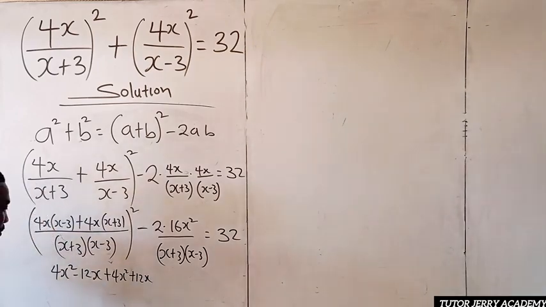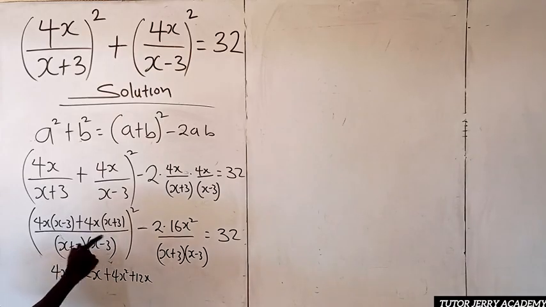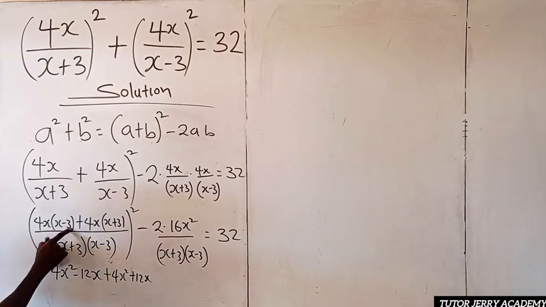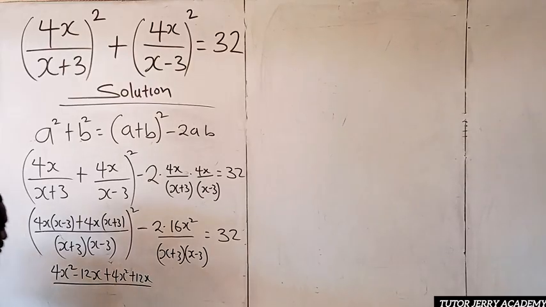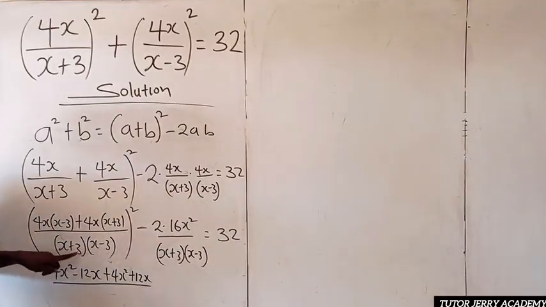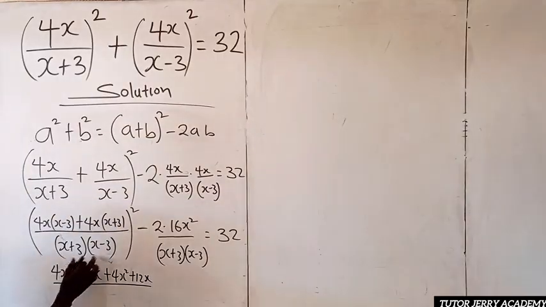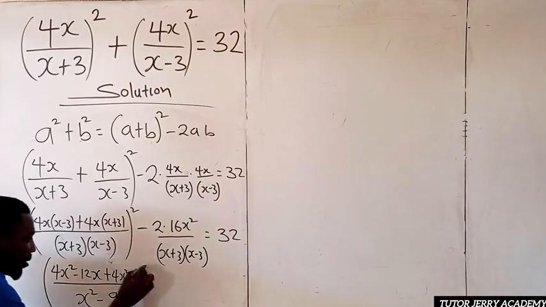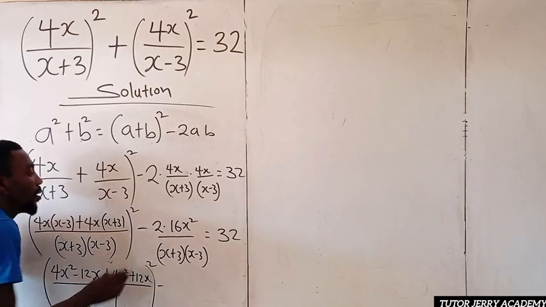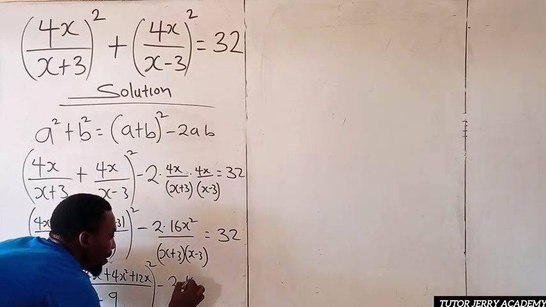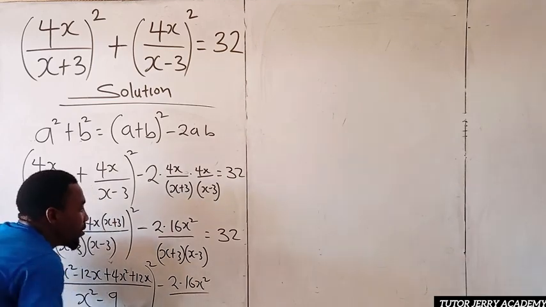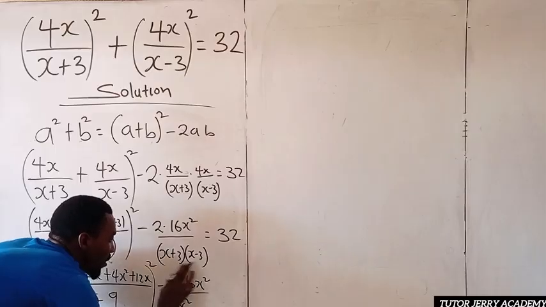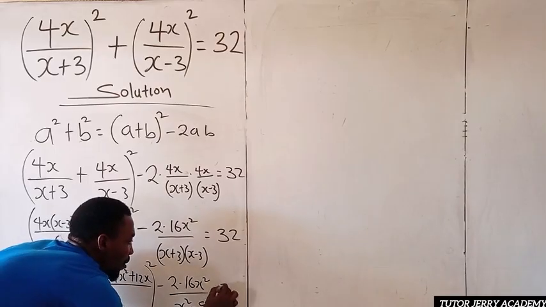All right. So this is supposed to be 4s. Okay, so that's correct. So we are going to have all over, this is the difference of two squares. So we are just going to multiply this side by this side and this side by this side. So we are going to have s times s, that is s squared. 3 times minus 3, that is minus 9. Everything all squared, minus. All right. So here we are going to have 2 multiplied by 16s squared all over s times s, that is s squared, 3 times minus 3, that is minus 9, equals